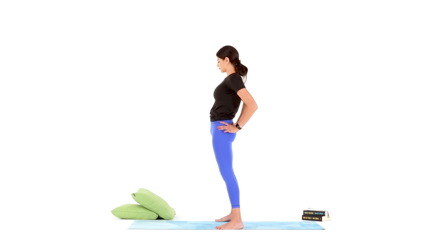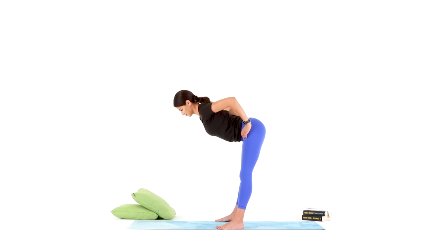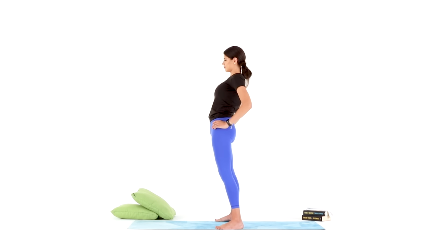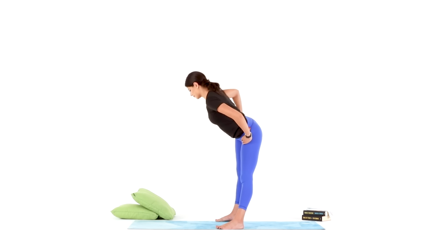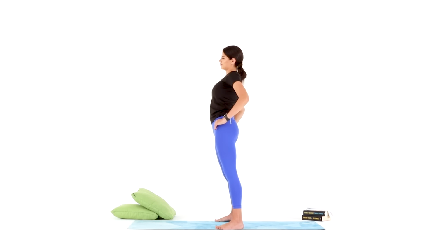Shift your hips to the right and hold. Then to the back, to your left and hold, then to the front. And let's keep that going in a circular motion to the right, slow and controlled, to the back, to the left, to the front. One more time, to the right,